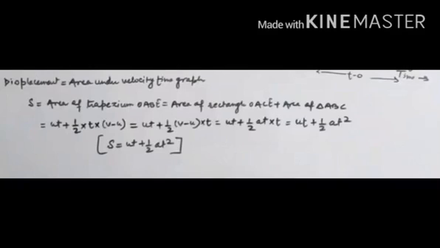Suppose a body is moving along a straight line with a uniform acceleration a. Let u be the initial velocity of the body at t is equal to 0. The velocity time graph of such a body is represented by a straight line AB shown in figure. Let s be the distance travelled by the body in time t in going from A to B. As is known, the distance travelled in such a case is given by the area of the space enclosed between the velocity time graph and the time axis, that is, distance is equal to area of figure